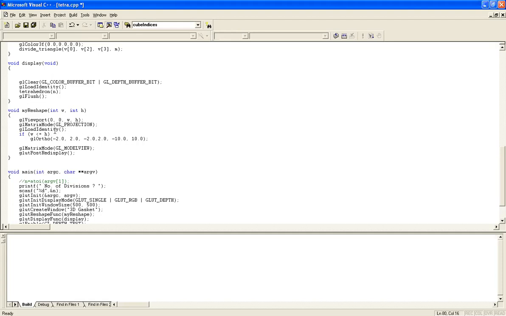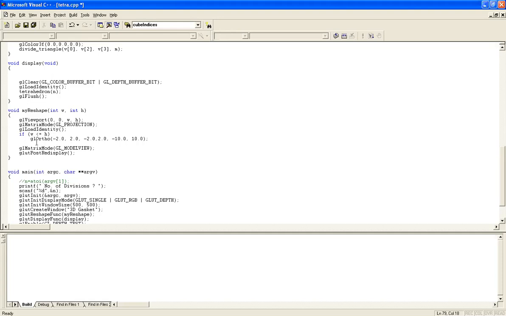What is the meaning of loading the identity? In the case of loading an identity, you are going to load the given image in terms of a matrix. When I say load identity, the identity matrix is the matrix where all the diagonal elements will be one, because whenever you multiply with the identity matrix, you are going to get the same results. So this is how things go with respect to load identity.